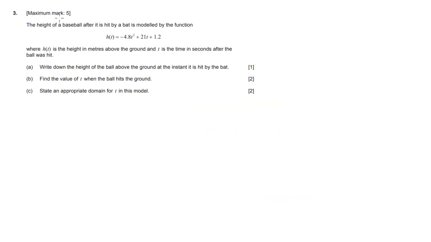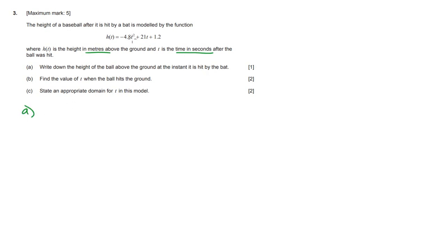Okay, moving on to number 3. The height of a baseball after it's hit by a bat is modeled by the function given, where h is the height in meters above the ground and t is the time in seconds after the ball was hit. Write down the height of the ball above the ground at the instant it is hit by the bat. So if we're looking for that,